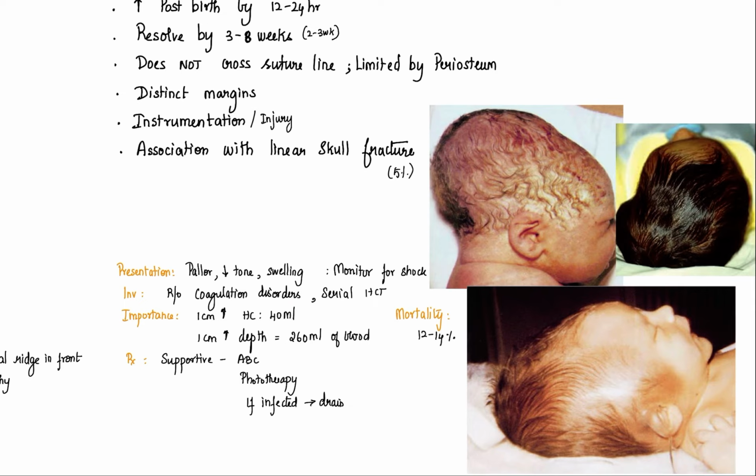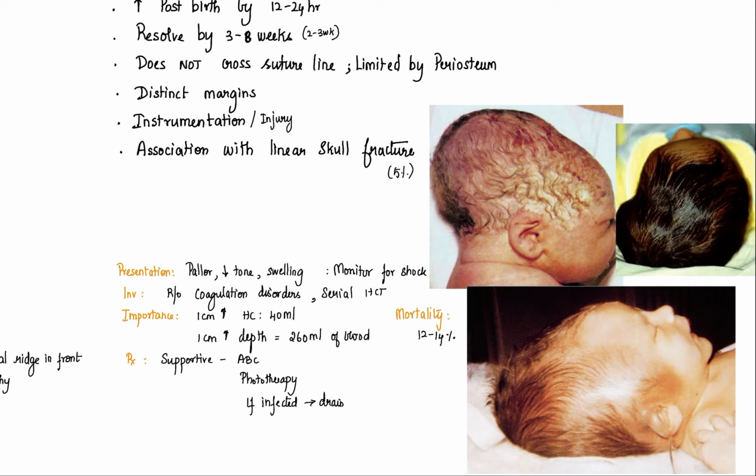So these are some of the pictures that I took directly off Google. No copyright infringement intended. Hopefully all the rights lie with the people who have posted them. So this is an example of your caput. Why do I say caput? Because this is a baby who has just been born. How do I say that? I see some blood marks, right, and the hair is matted, suggesting that the baby was in amniotic fluid, and there is a swelling that is huge, looking like the presenting part. So this should be caput.